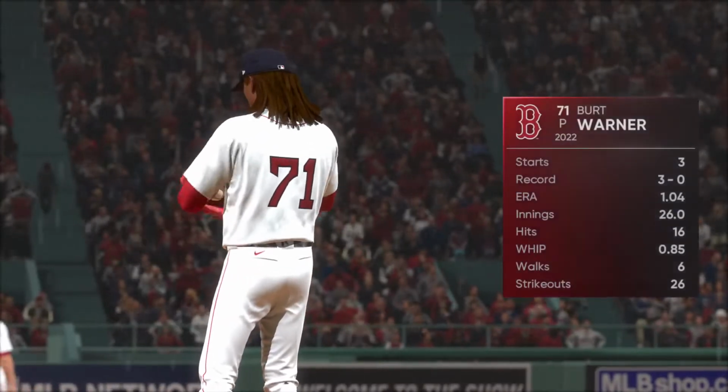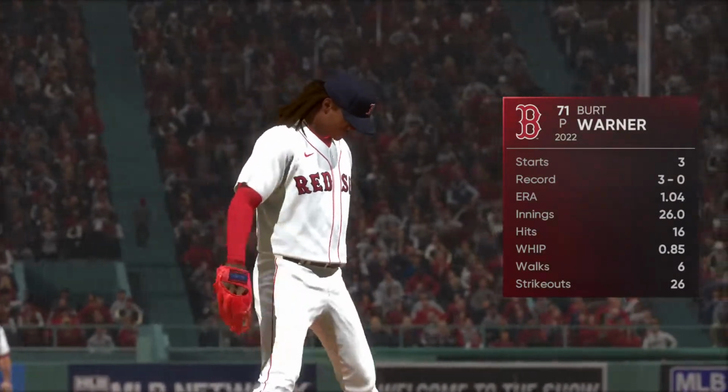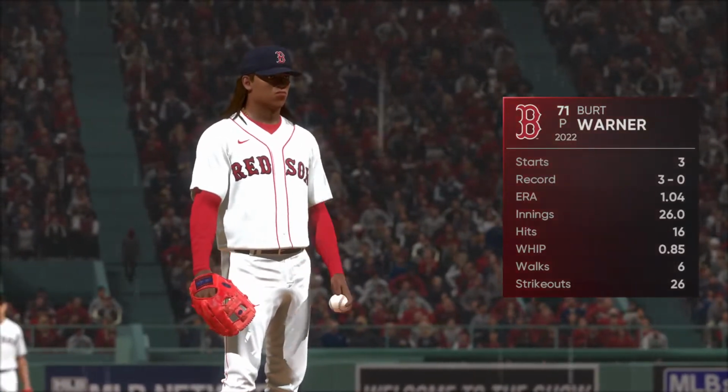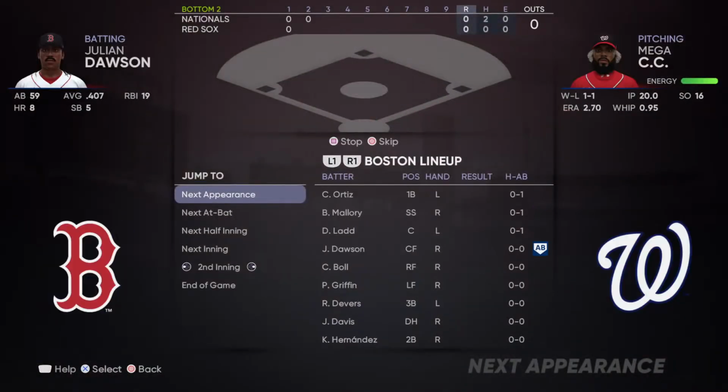Bert Warner is ready to go as he'll be on the hill for Boston. Dan Plesac, what do you got? Well, this guy certainly could be one of those horses for courses kind of guy. Loves pitching at home. Take a look at those home road splits. They're pretty good. Without question, he's...